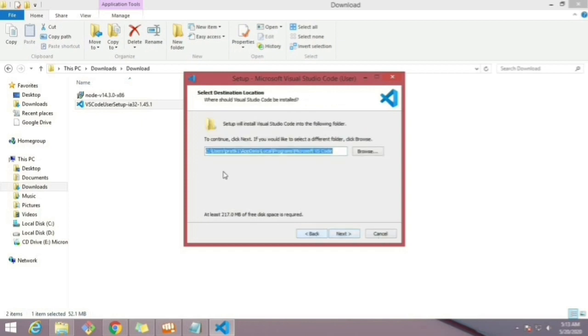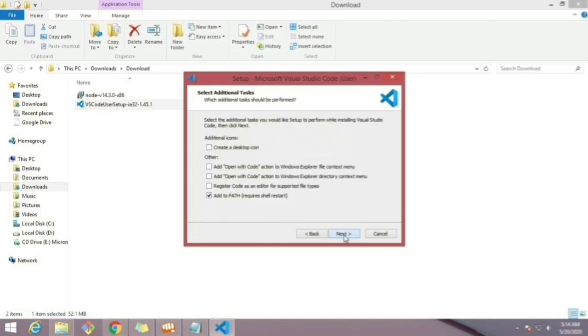If you want to change the installation folder path, simply go to the browse option and you can change it. I will keep it as it is. Then I will click on next, and here also I click on next. I do not need the shortcut in the start menu, that's why I unchecked it.